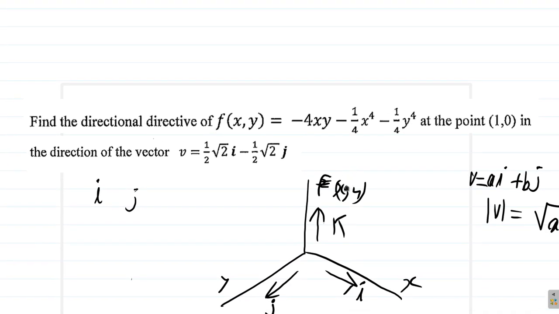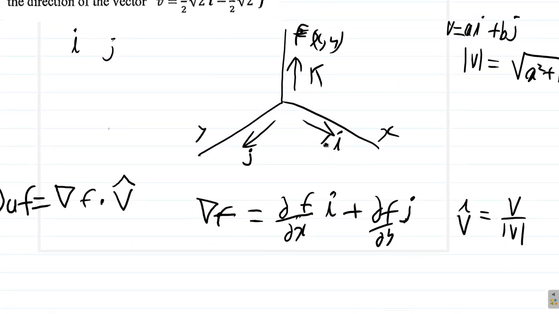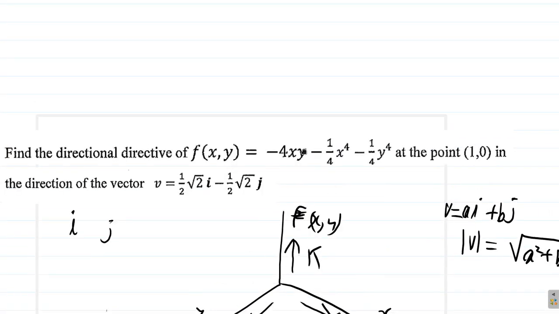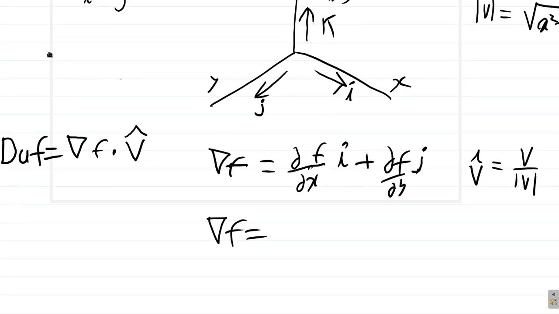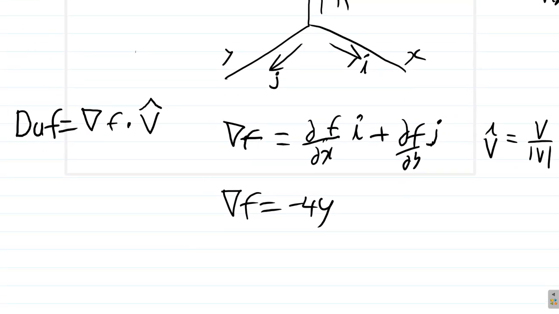Okay, so you did that, you're finished. Let's work through the question together now. The gradient of the function is, when you differentiate the function with respect to x, you're going to get negative 4y. Well, there's no x in the last part, so this part is 0, because you're treating y as if it's a constant. So a quarter y to the fourth is a constant, so it's 0. i plus,